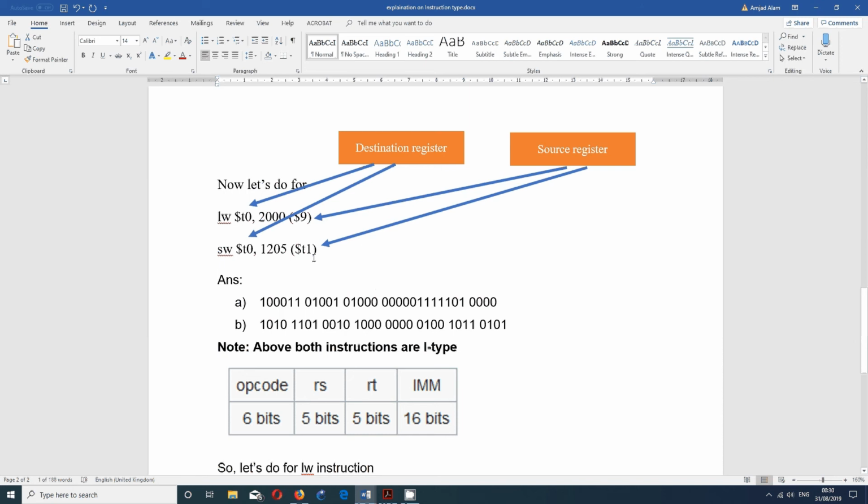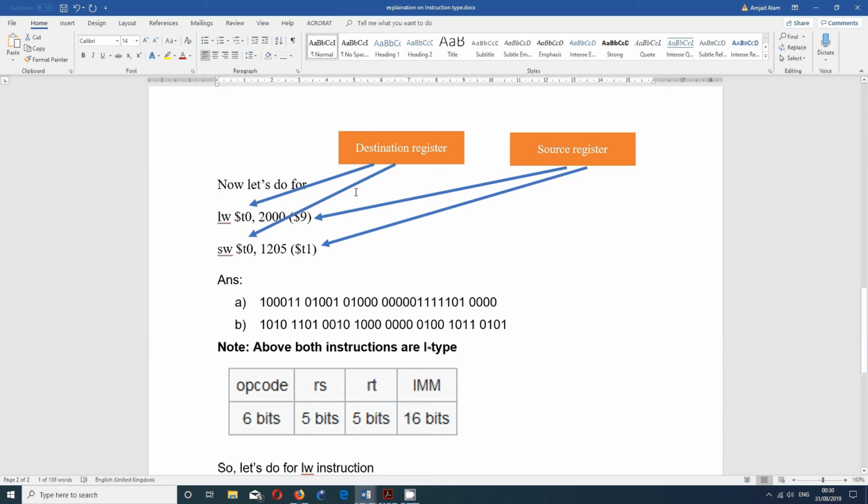Now coming to the next two questions, LW and SW. Now there was quite a bit of confusion about which is going to be the source and which the destination, because according to the working, I told you this is going to be the source, this is the destination, and for this one I said it is going to be different. But no, I checked the manual online, and it is easier for both commands. This one and this one is the source for both commands, and the front one is the destination. So it's easy to understand